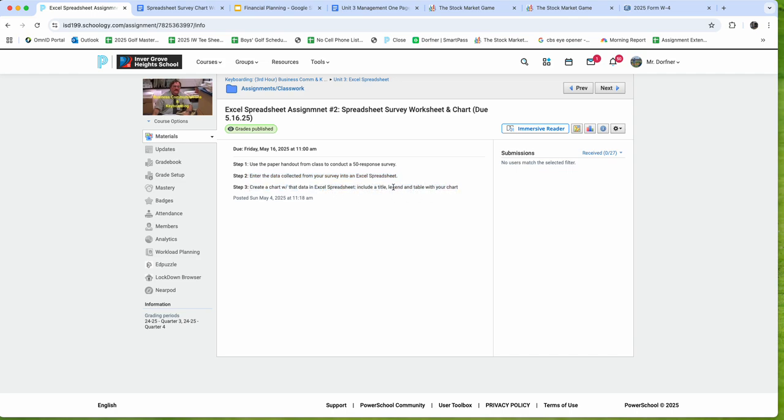Your chart, when you're all done, needs to have a title. It needs to have a legend where we know what the responses are, and then you need to have a table down at the bottom of your chart. Again, quite similar to what we did